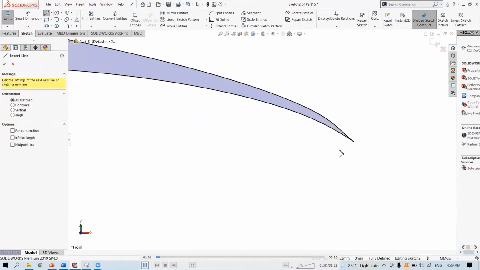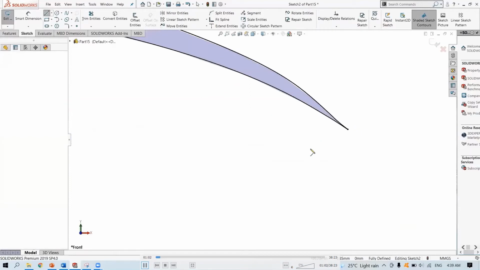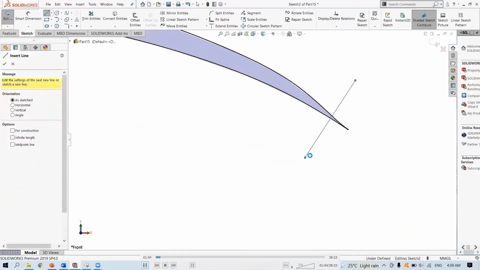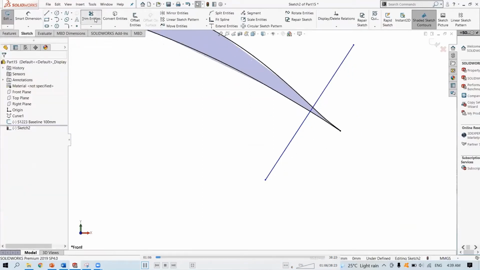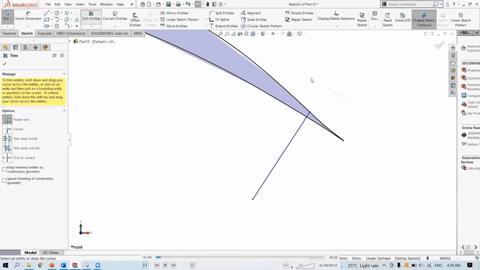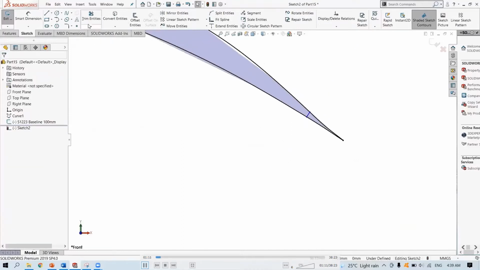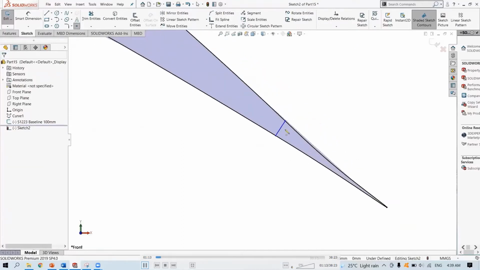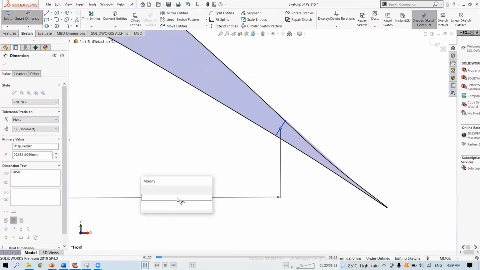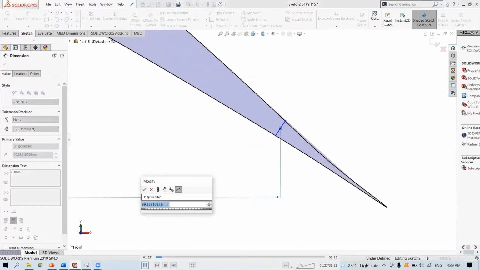And now I'm just going to cut off the trailing edge. This is since I'm going to use offset entities later on, and I will have problems if I don't just trim it off. From the origin to the center point. And let's see, 99.5.